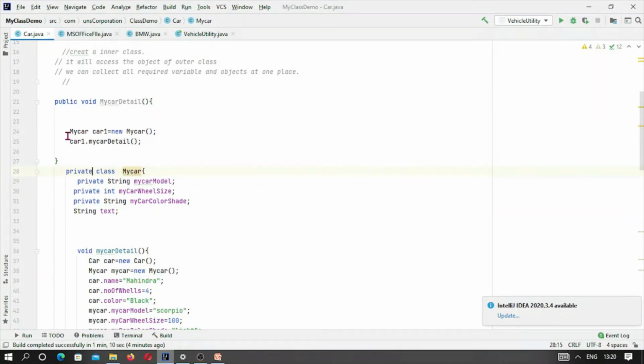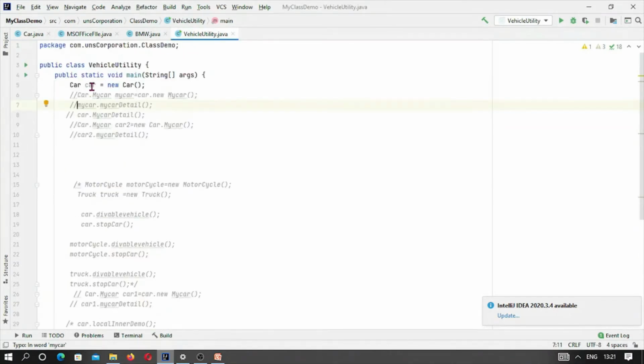So here we have created an object of the inner class, MyCar, car1 is new MyCar, and this object is now calling the method of the inner class. Okay, and now from the outside we will simply call this method, and this will do all the necessary things. You can see here, we have created an object of this outer class.